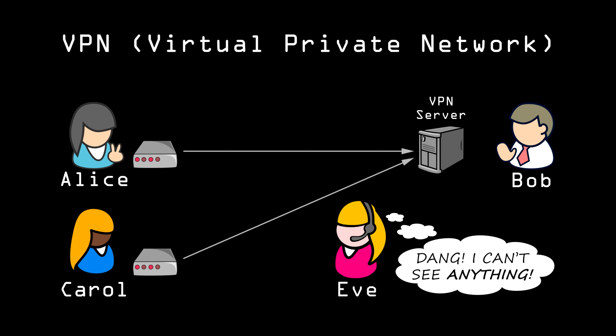VPNs are still used by companies today to help their employees and executives telecommute and stay securely connected. But thanks to the need for privacy, there's been another application for them that's come up in recent years. Pretty much anyone who wants to can purchase VPN service from a number of providers that have servers in many different cities around the world. You just use the VPN software to attach to one of these servers, and your transmission is protected from the prying eyes of everyone else in the coffee shop or hotel, or from your ISP.